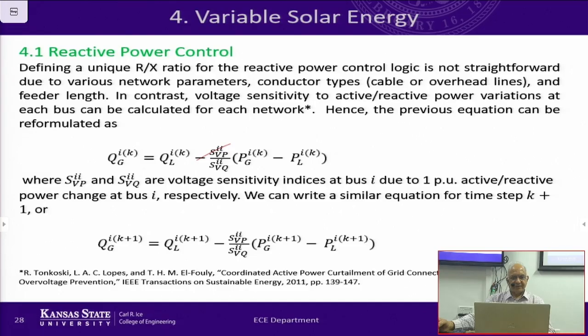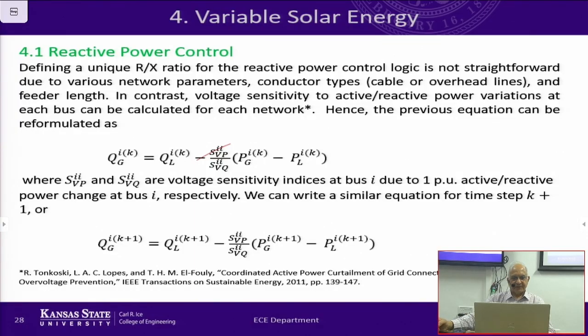SVPII and SVQII are voltage sensitivity indices at bus I due to 1 per unit active or reactive power change at bus I. So instead of R and X, we can substitute these values, and then we come up with